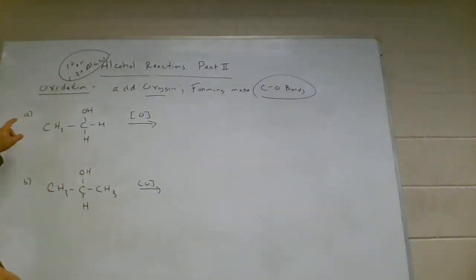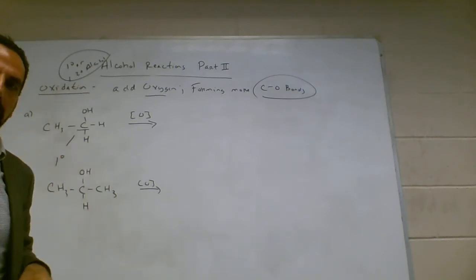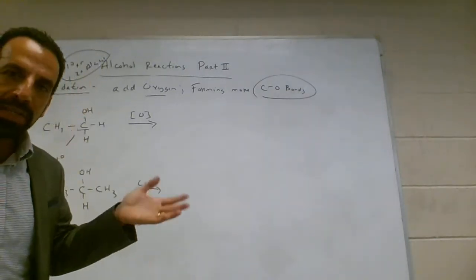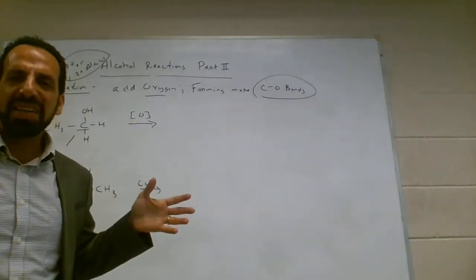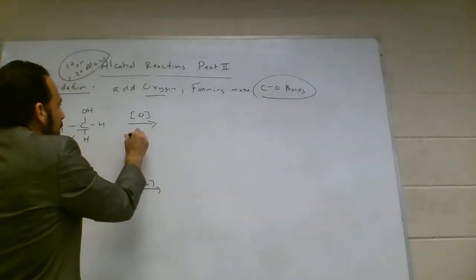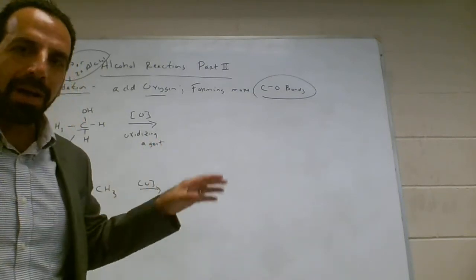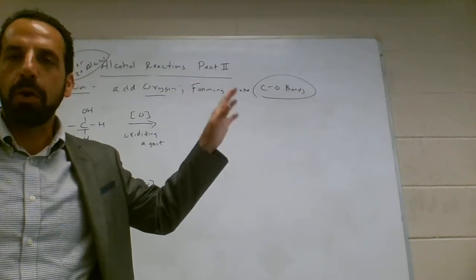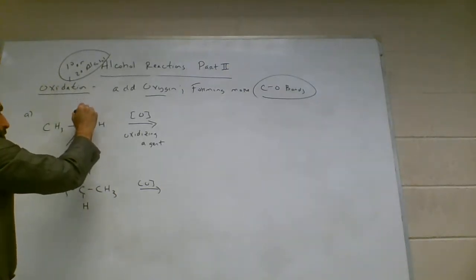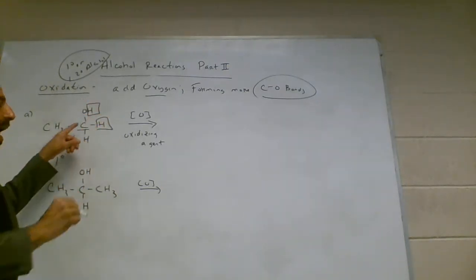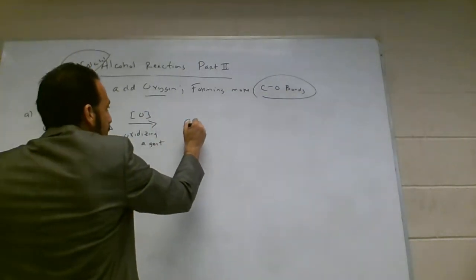So let's take a look at A here. I'm looking at this carbon right here. That's going to be a primary alcohol. What basically happens is, I put oxygen in brackets for this. That means it can be any type of oxidizing agent. We don't have to worry about it for us, but it could be something like potassium permanganate, dichromic acid, something like that. Basically, I lose this hydrogen, and I lose one of the hydrogens directly bonded to that primary carbon. So when that happens,